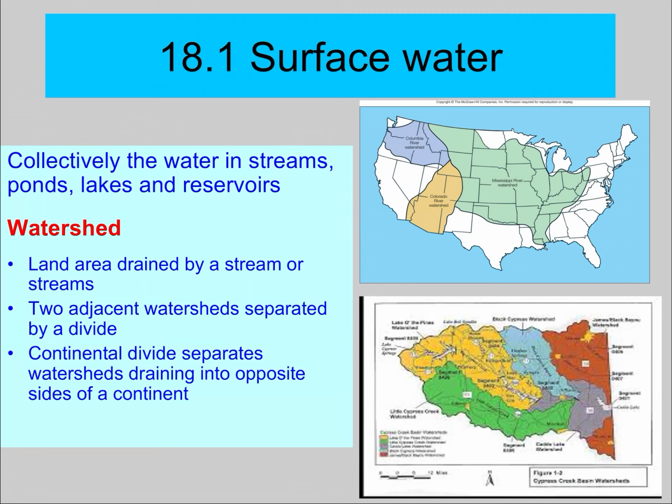And then you have the Colorado River watershed, that the Colorado runs through. And then the Mississippi River watershed, which is a huge watershed here. Lots of rivers and streams are going to pour into the Mississippi, which then flows out into the Gulf of Mexico. Here in East Texas, we have several local watersheds that are small. We have the Caddo Lake one, Cypress Creek, Lake of the Pines. East Texas is full of water as opposed to some other places in the United States and even in Texas. However, there are small watersheds like our local ones, and then there are much larger watersheds like the one you see on the top image.